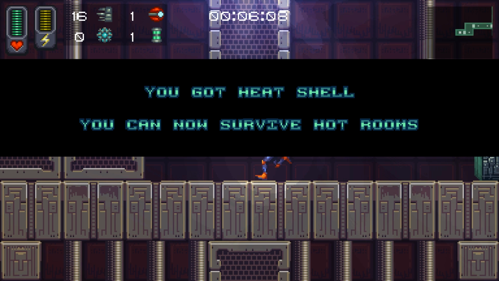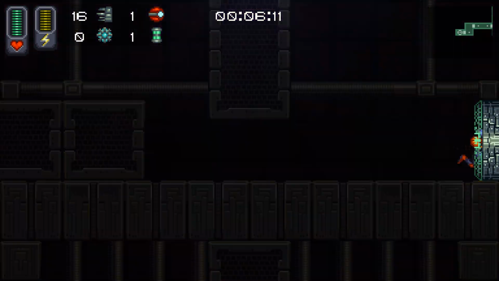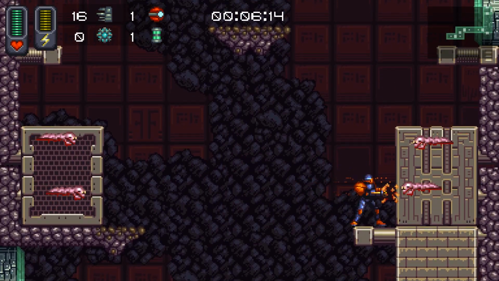Let's see, I got the heat shell. I can now survive hot rooms. Let's see if he can get an upgrade to stop the fire damage before he dies. Well,